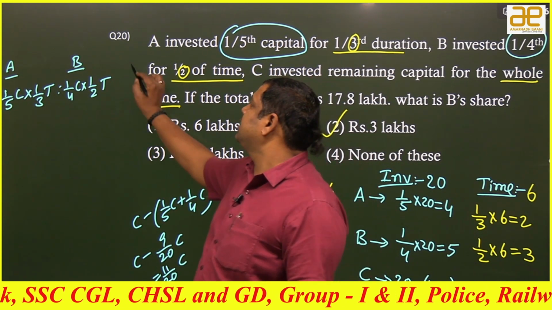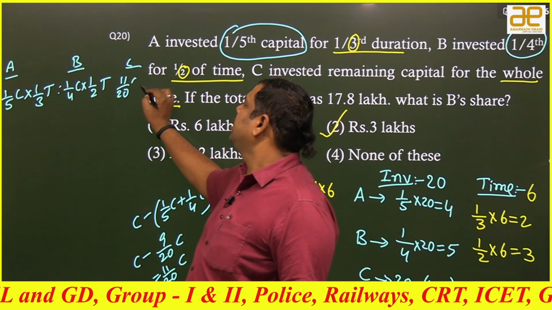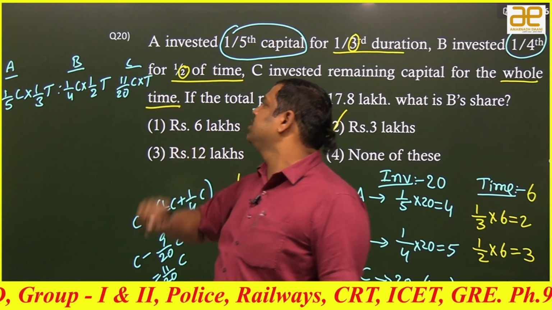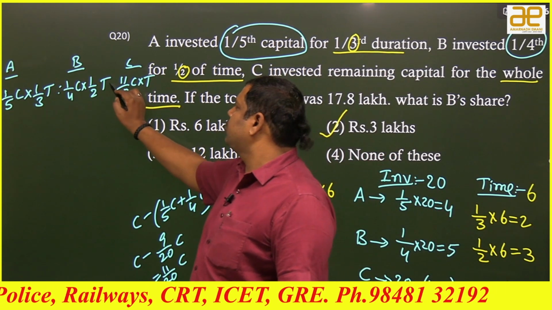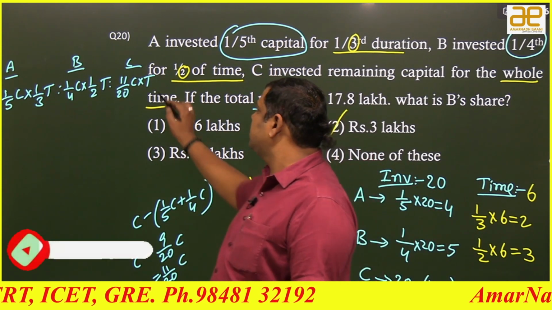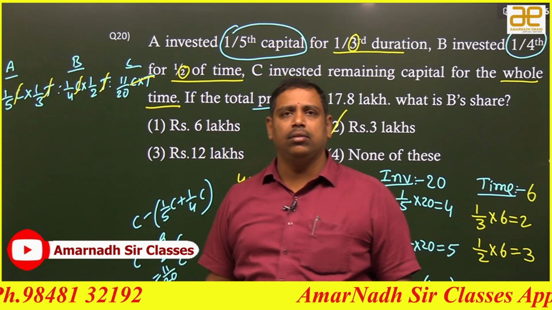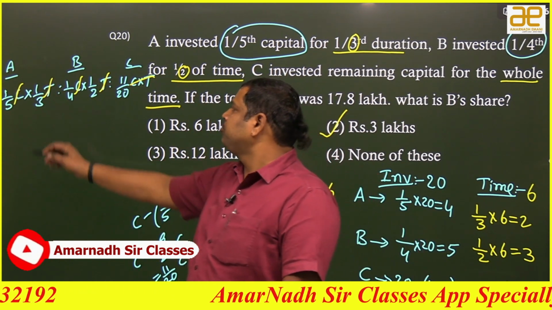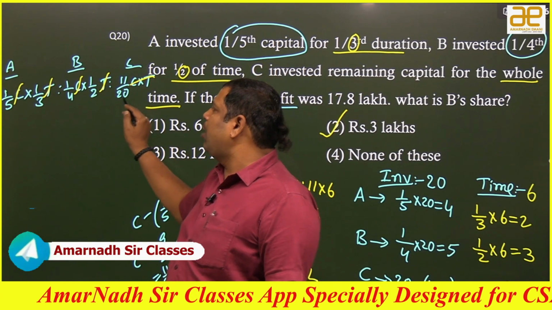Okay. So C's investment is 11 by 20 C into time period is full time he is in the business. So T. So can I say in this ratio they have to distribute the profits? Okay. So then what happens? Cancel with the C and T. Everywhere C and T are common, right? Okay, cancel. Now, what we have to do is, first of all, I have to multiply with